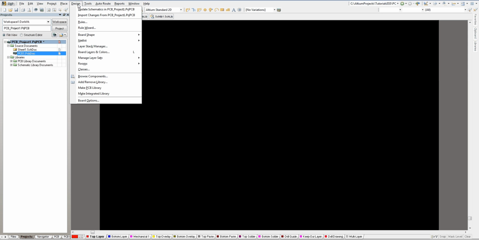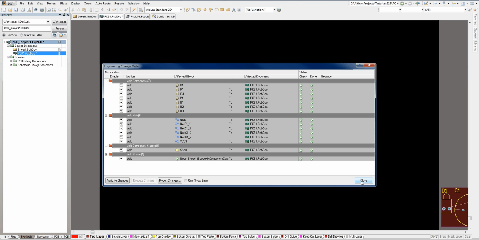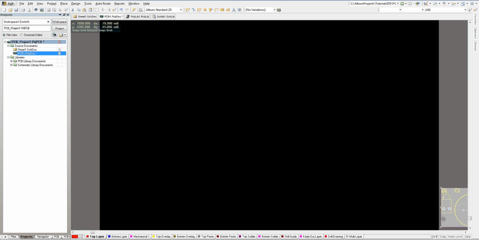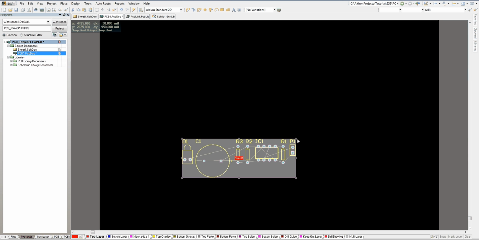And what we're gonna do is now go into design, import all of your changes, and here you're gonna see a list of your components as well as of your nets, and you're gonna validate the changes first, and you should see check marks appear on the right side of each component and net, and this makes sure that all your connections are correct and all your annotations are correct in the schematic. If they're not check marks, make sure to read the warning signs that it says, and you should see messages appear on the right. So what we're gonna do now is execute all the changes, and as you can see, we have a board which appeared in the bottom right corner. We're gonna drag it onto the middle, and what I'm gonna do is roughly resize it to the size of our board,